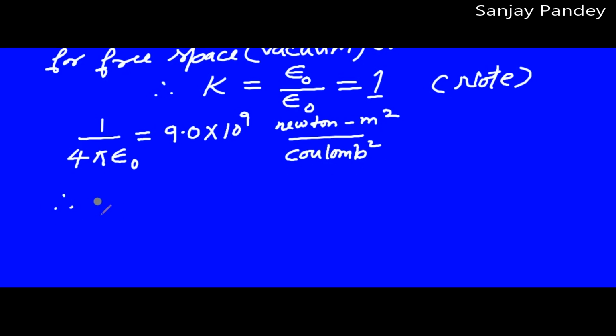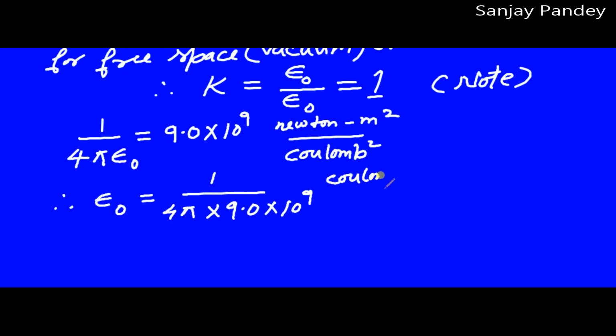Therefore, epsilon naught will be equal to 1 upon 4 pi into 9.0 into 10 to power 9 Coulomb square upon Newton meter square, is equal to